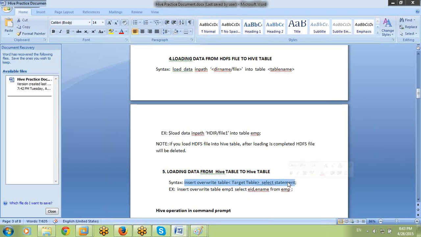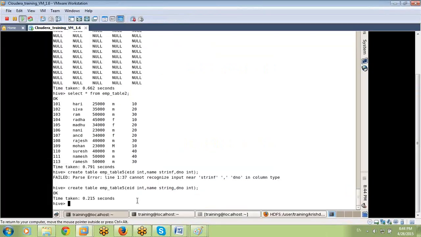Similar to a SQL query only. Insert overwrite table, table name, emp table 5, then select. Tell me friends, which columns we want to take.